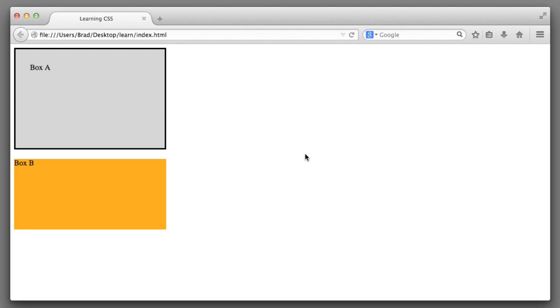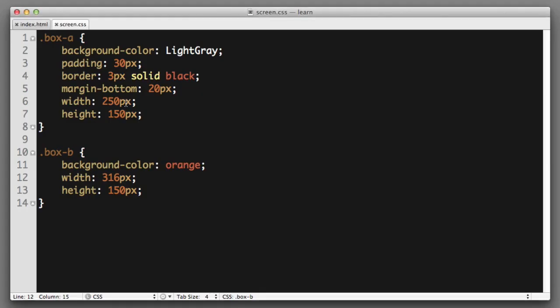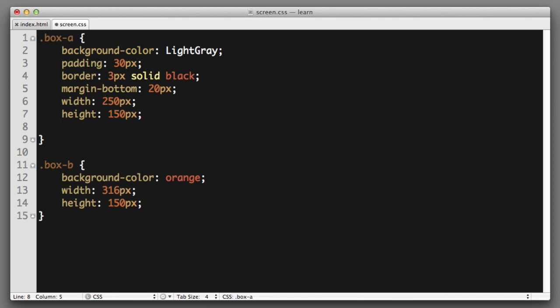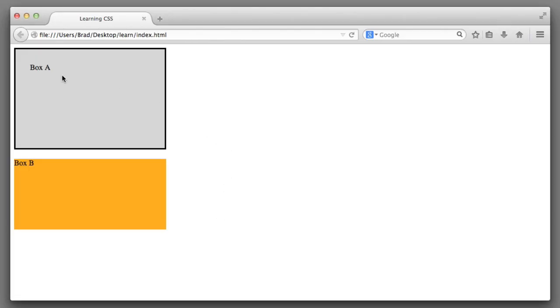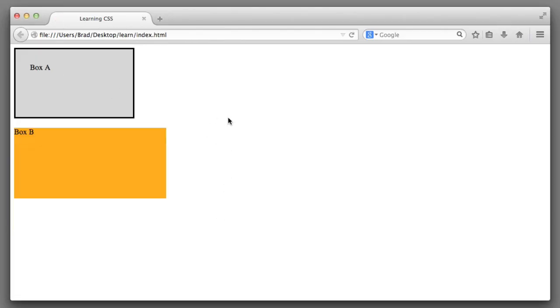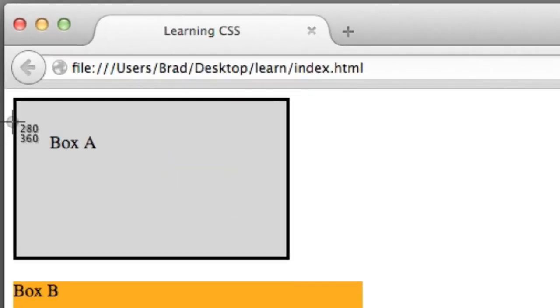However, front-end web developers have more important things to do than crunching numbers just to determine the size of a box. So while it's important that you're aware of the way that padding and border affect the true size of an element, you have the luxury of being a web developer in the modern era. Now, in the last several years, there's a property that's arisen that will make our lives very easy. So that property is box-sizing: border-box. So if I save and refresh, watch what happens to Box A. It shrinks, and now it quite literally is